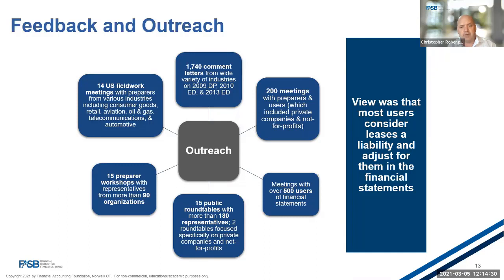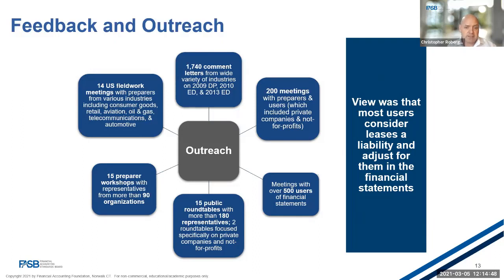That reduced comparability for users and provided opportunities to structure transactions to achieve a particular accounting outcome. To address those criticisms, the board decided to modify the lease accounting model and require a